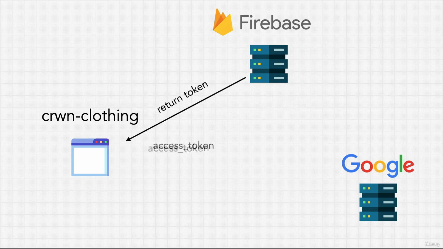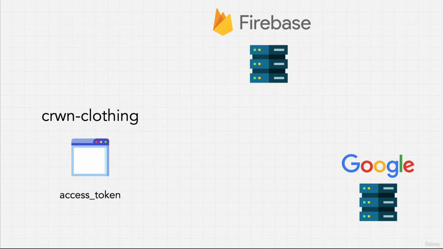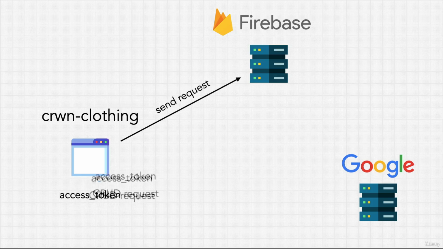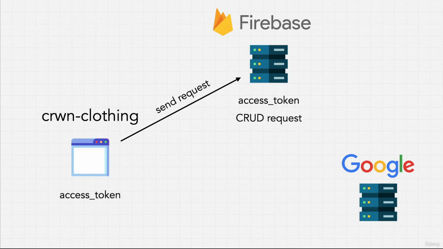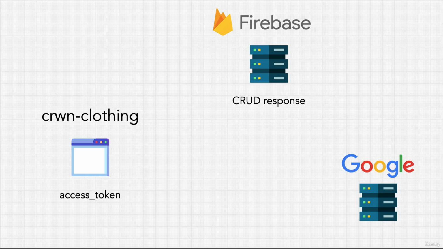So then Firebase sends this back to Crown Clothing. And now me as the user with this access token, if I want to make different CRUD requests against Firebase, what I'm going to do is send the request alongside the access token. Firebase is then going to verify the access token to determine what different things this access token has access to, meaning what is this access token authorized to do. If it is valid, then it will check the CRUD request and say, okay, you are allowed to perform this request. So then Firebase is going to generate a CRUD response,